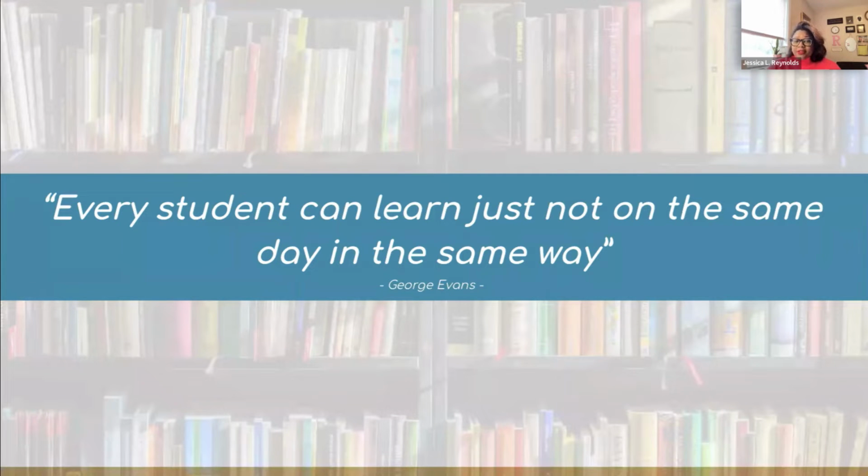Think about this analogy. Every student can learn, just not on the same day, in the same way. Here at Classworks, we wholeheartedly embrace this concept. Additionally, our company values culture and interactions at all times that fully embrace the ideas of diversity, inclusion, empathy, and equity. After all, the overarching goal of the Classworks product is to close learning gaps and make sure every student has access to high-quality learning that meets those specific needs.